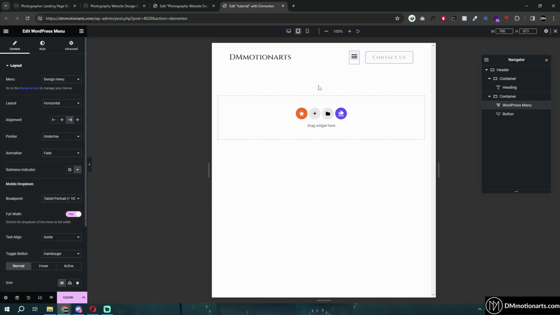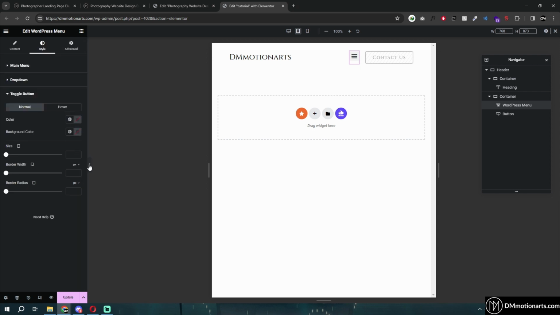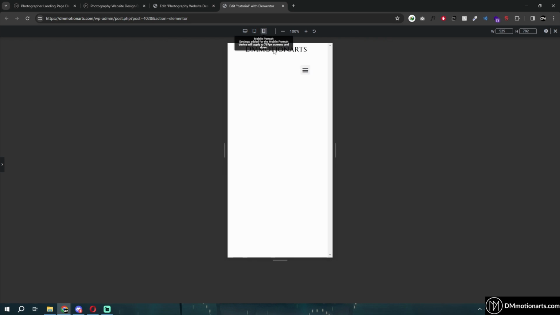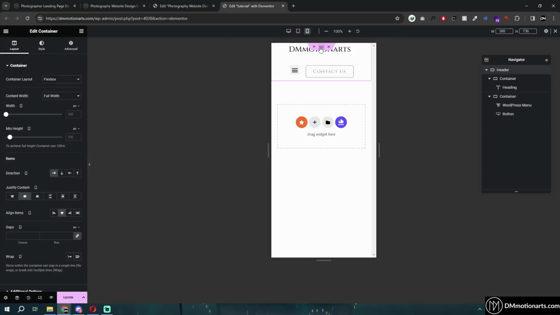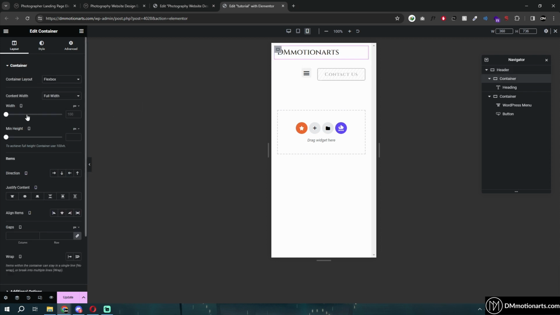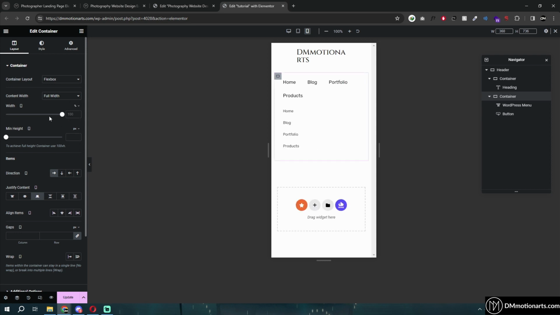So we got this to look like this. I rarely use Elementor's header menu option, simply because I just don't like it. So basically what we are going to do is make this one, we will reduce the padding like this, make it at least like 10 I guess, and then reduce this size to something lower,